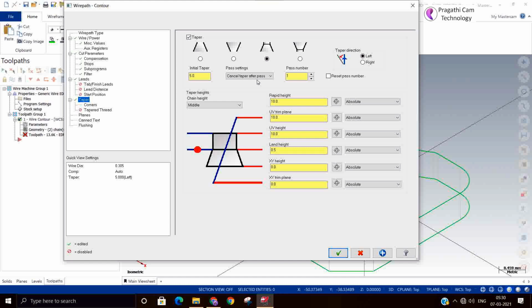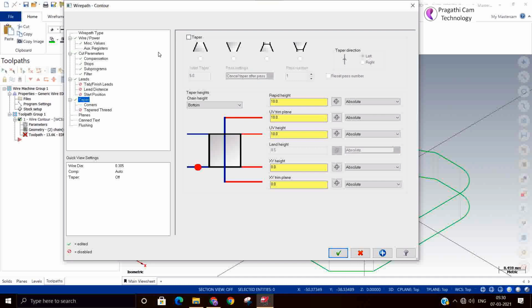The next one is cut the taper pass, then cancel the taper pass, then cut the straight pass. That's the meaning of that. If you select the first one, it will first cut the taper pass, then it will cut the straight pass. You can switch on the pass number, for you can keep left hand and right hand. So now I am not worrying about the taper pass, so I switch it off.